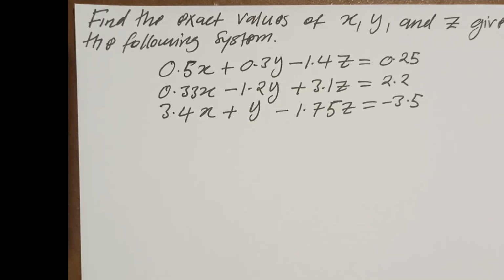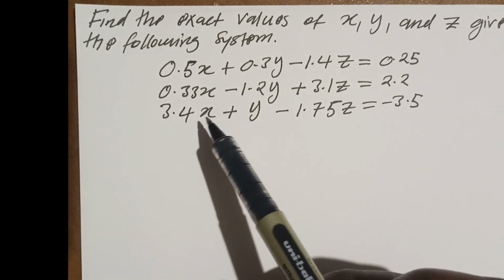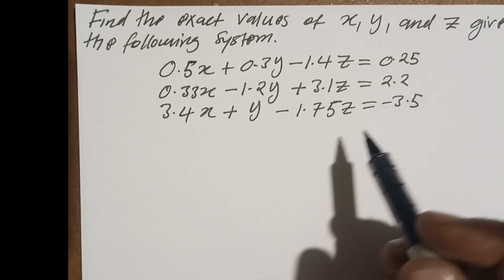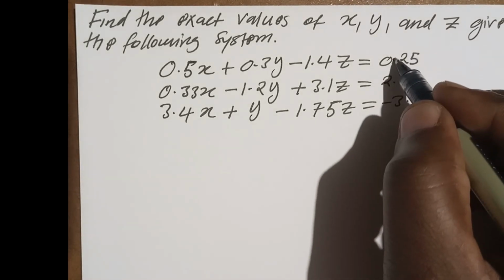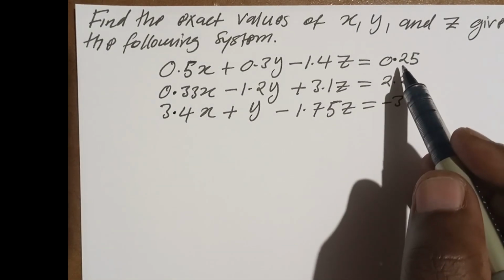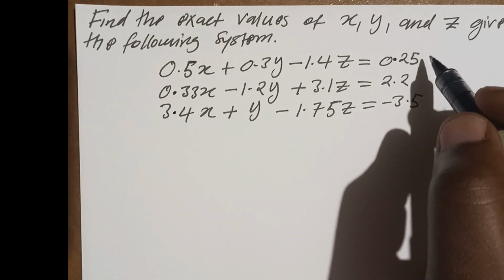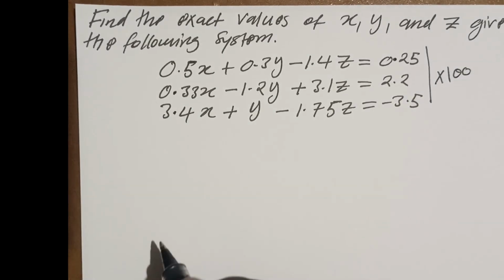Today we are solving this system of linear equations. How do you handle this one? So what you do, you multiply the entire system by 100. The reason why I chose 100 is because the highest number of decimal places that we have here is 2. So we multiply the entire system by 100, so that we can have